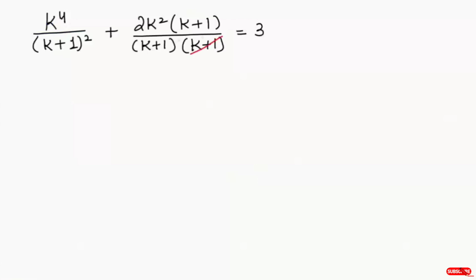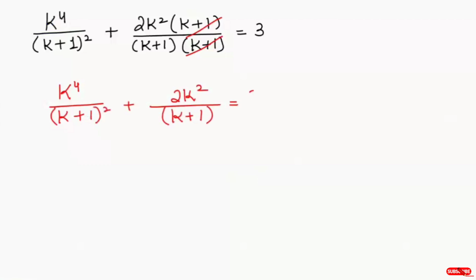Here this and this are going to cancel out, so the remaining expression we get is k to the power of 4 over k plus 1 whole to the power of 2 plus 2k square over k plus 1